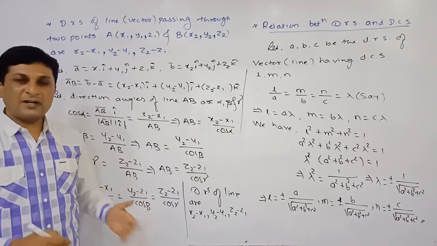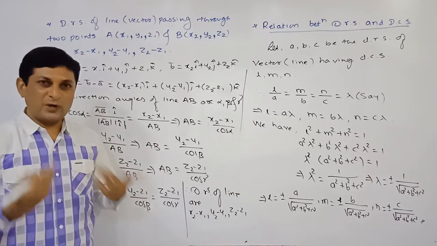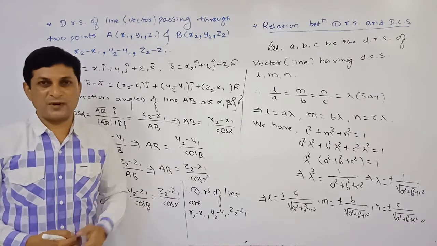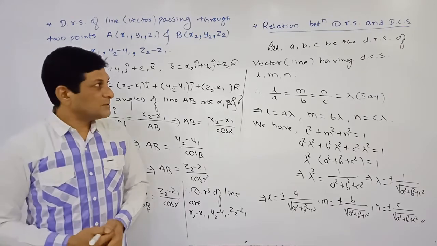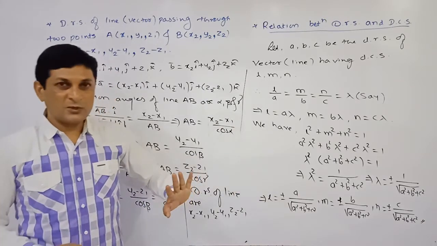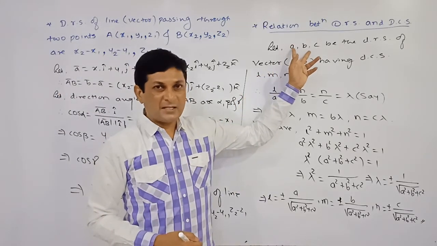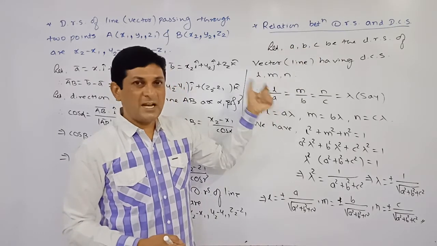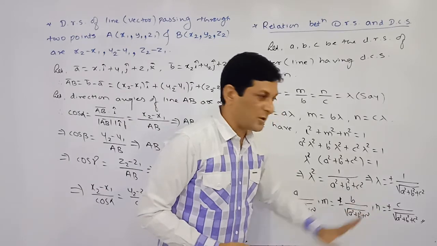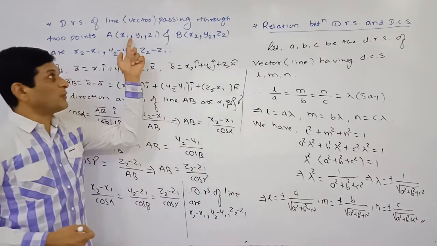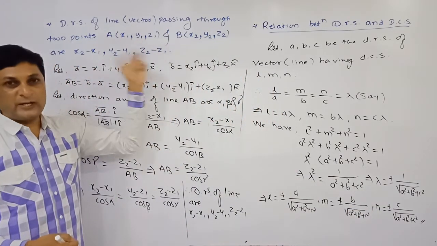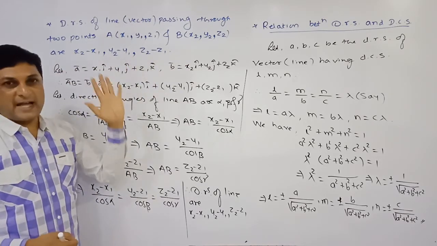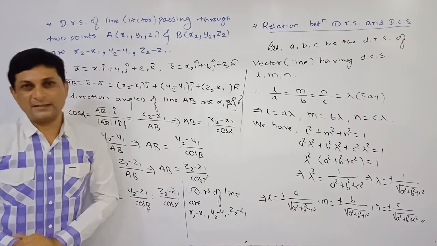Using this, we again get a few more important results, which are nothing but formulas for us to solve the examples. So I hope these relations are clear to you. What are A, B, C? A, B, C are the direction ratios. If direction ratios are given to us, then the direction cosines can be found by applying this formula. And if the coordinates of two points on the vector or on the line are given to us, then applying this formula we are able to find the direction ratios of that line.